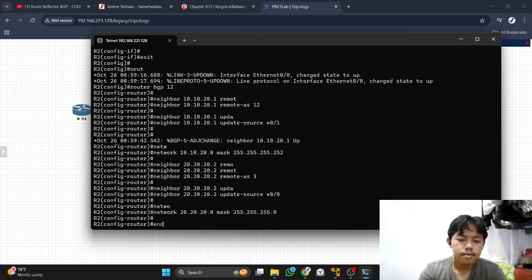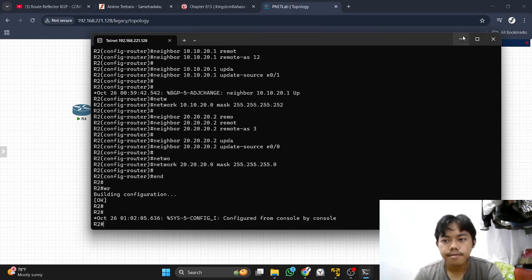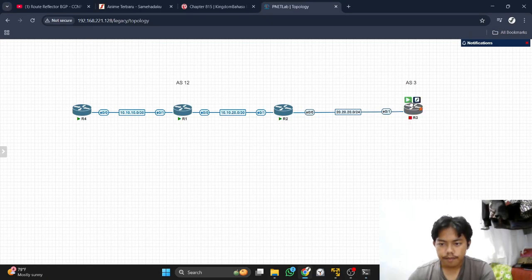Okay, save the configuration. Next we will configure router 3.